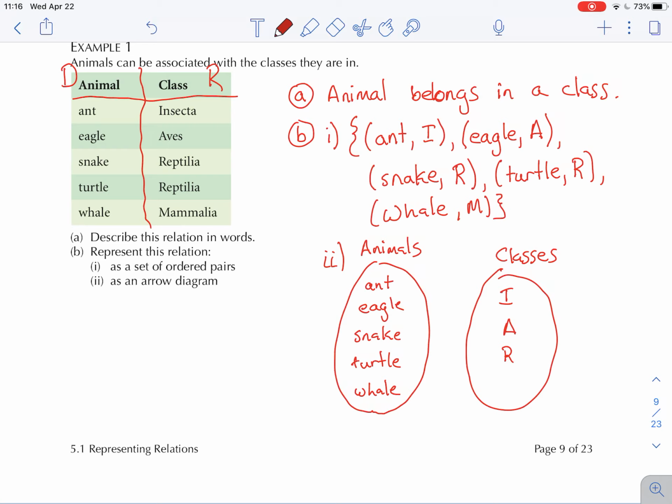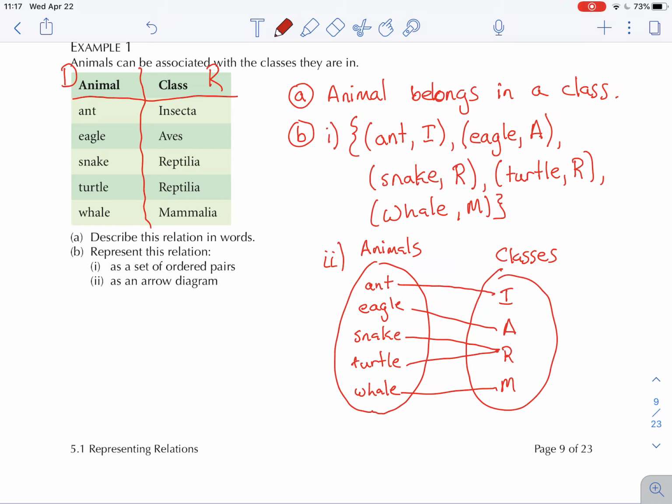Insecta, Aves, Reptilia. Now I only put one Reptilia in, and Mammalia. And I connect them. Ant goes to Insecta, eagle to Aves, snake to Reptilia, turtle to Reptilia, and whale to